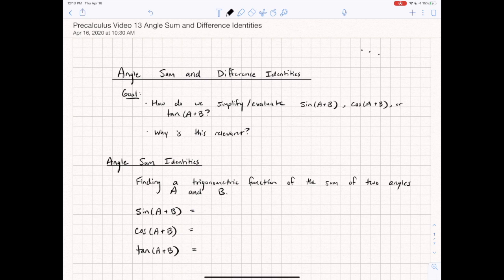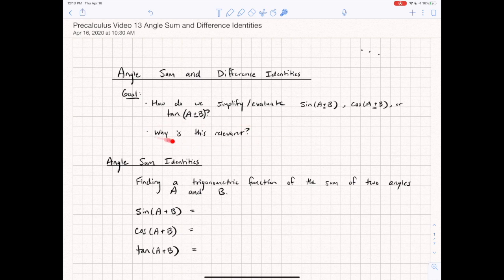Now the goal for this video and this lesson is to look at how we simplify and evaluate if I am going to add angles together, thus the idea of angle sum, or if I was to subtract these angles, how do I evaluate something like this? And then the following question, which I think is a really important one to ask,